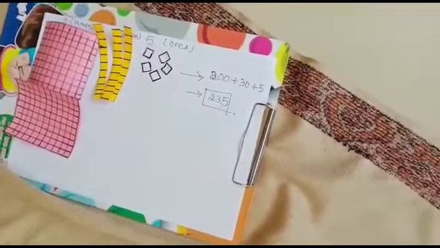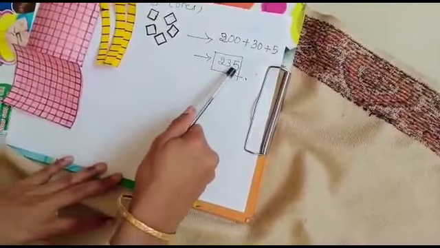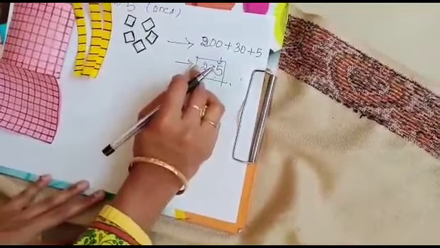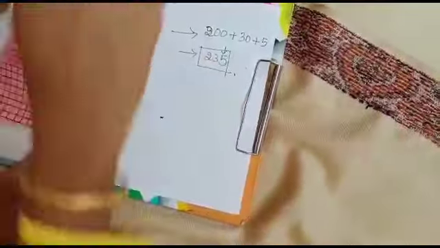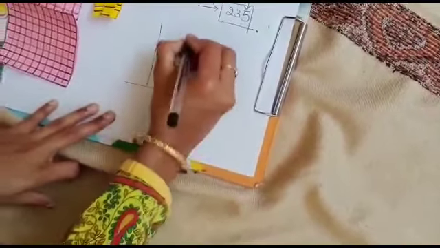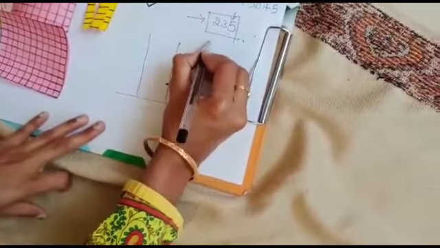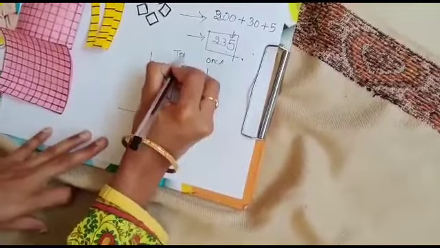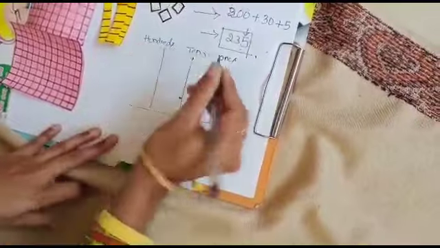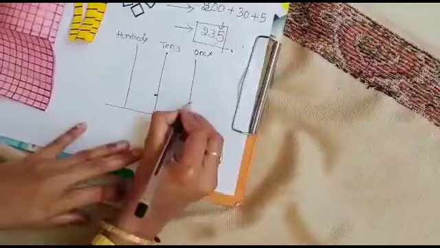In a 3-digit number, how many places do we have? 3 places we will have. One more time. It is the ones place. This is the tens place. And this is the hundreds place. How can we represent this number through the abacus? So I am having 3 lines here. In the first, this is ones. This is tens. And this is hundreds.